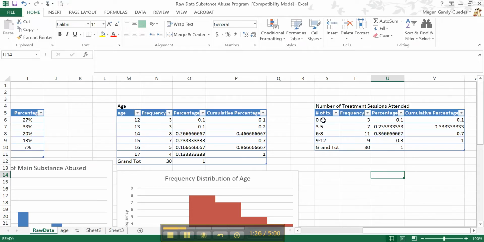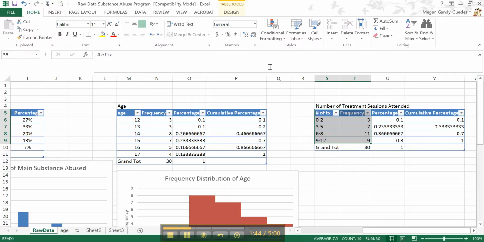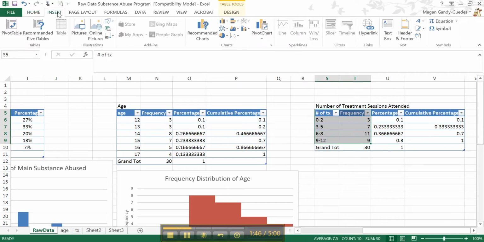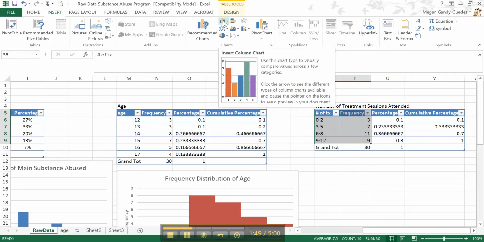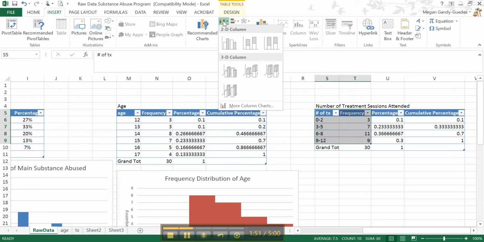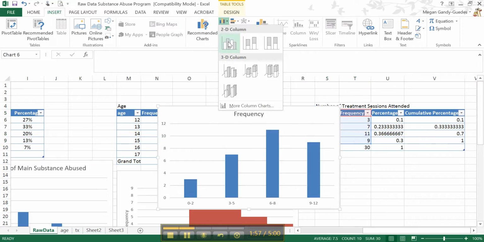Okay, so once again, we only need these first two columns to make our histogram. So we're going to select the variable name and the categories, and then we're going to select frequency and the frequency numbers. I'm going to go to Insert. I'm going to select the column chart, because remember we start with this bar chart and then we manipulate it to look like a histogram. Select the first one,